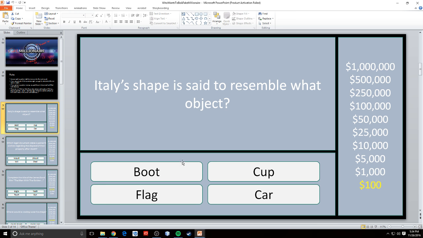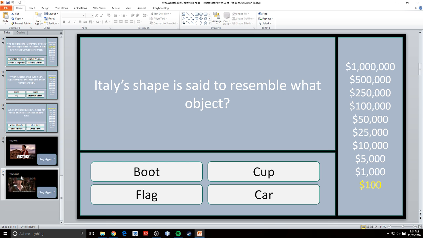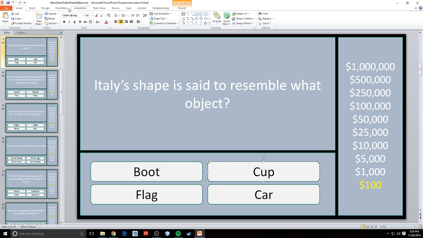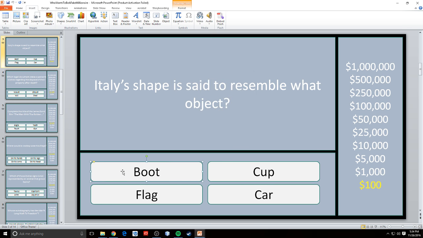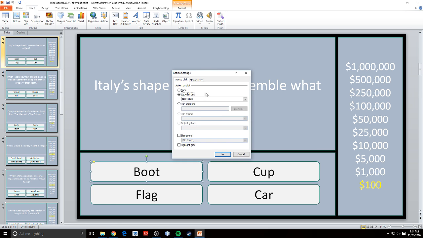And I had my buttons here, and I programmed my buttons so that every button that indicates an incorrect answer actually hyperlinks me down to the last slide, which is the you lose slide. All I did was I went to action, and I made it hyperlink to the last slide.